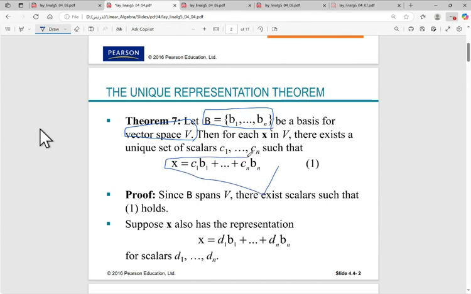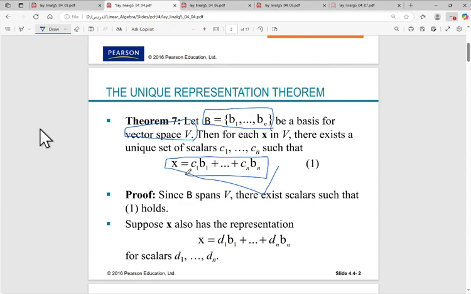It can be written as a linear combination of B1 to Bn. Any arbitrary X in V can be written as a linear combination of B1 to Bn. Right? Why? Because B1 to Bn span V. Definition of span. So any member X of V can be written as a linear combination of B1 to Bn. Actually, this theorem 7